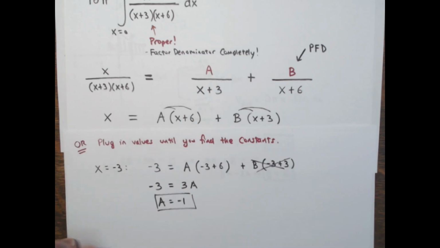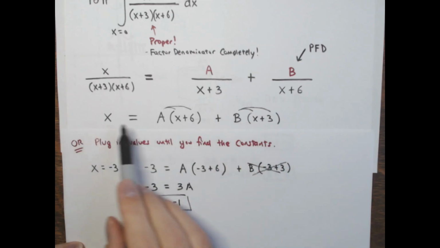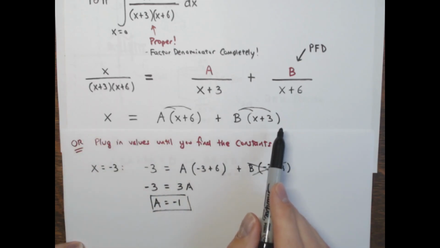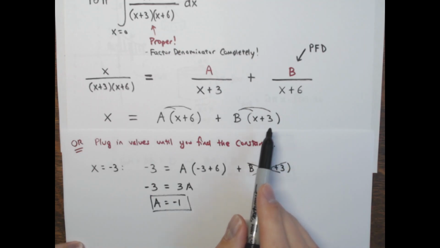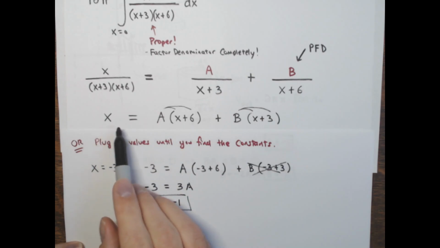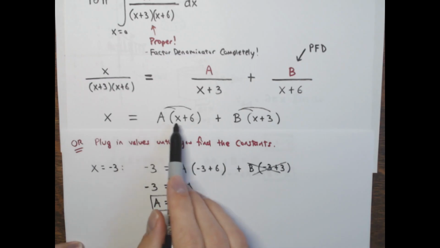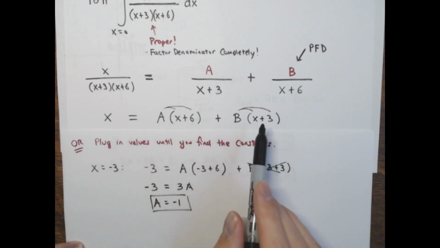Well, if I want b, then you can plug in any other value you wish. That should be an identity. Work for any x, any real x. So I could plug in 0. I got 0 over here. Remember, a is -1. So this would be 6 times -1 would be -6. And 3b, you'd get,